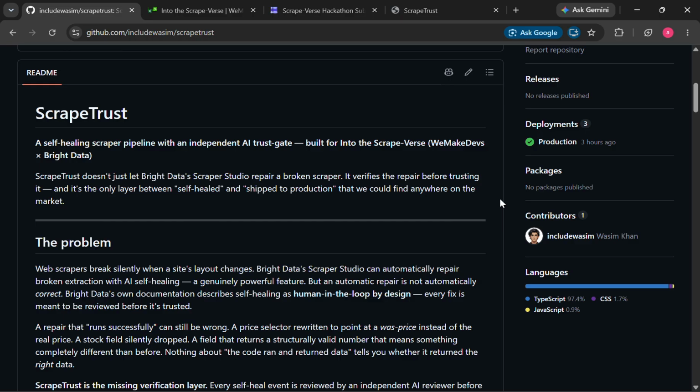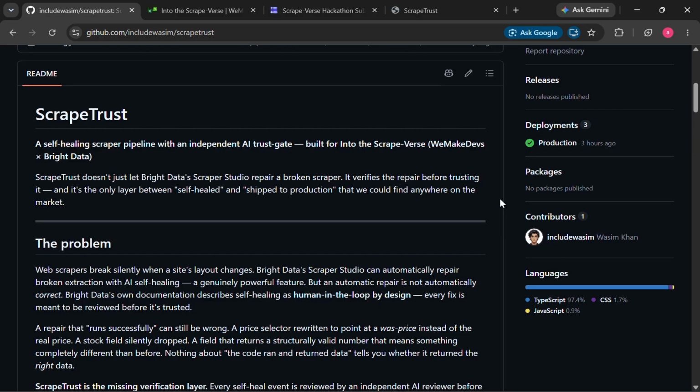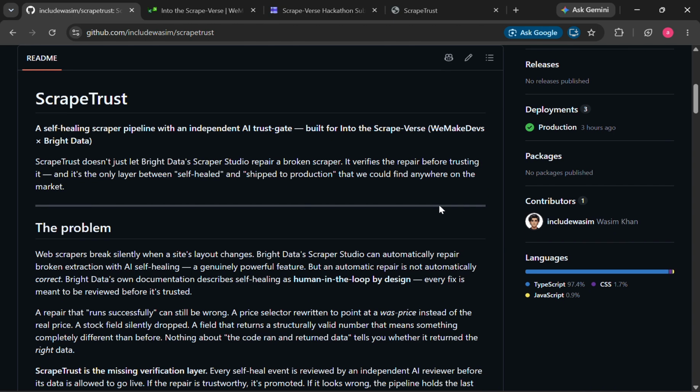Bright Data is this brilliant software that helps us create our own web scrapers to scrape data from websites, and it has this brilliant feature called self-healing, which detects the changes that have been made in the website or the code presented on the website and heals that so that the data is not lost or corrupted, right? But what our product does is that it verifies the heal that is performed by Bright